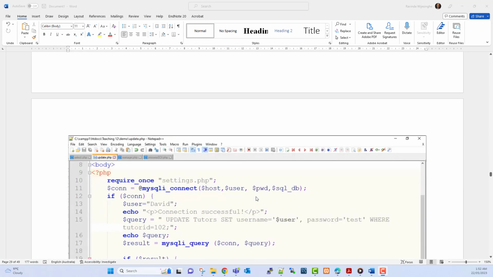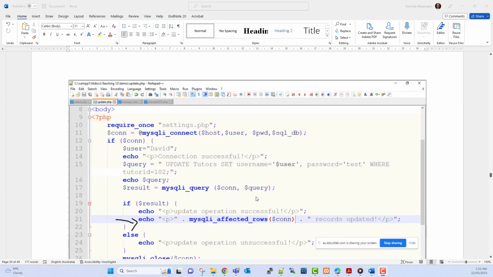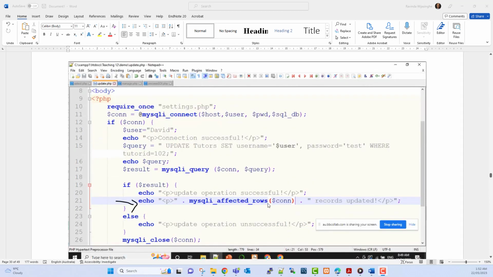So what I can do is insert that mysqli_affected_rows function in here. In this case, once the update operation is successful,